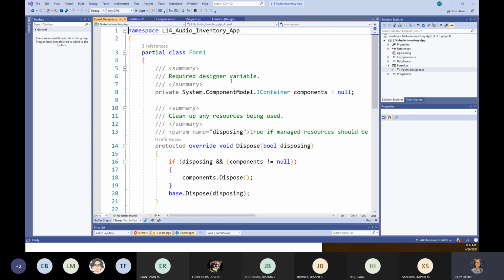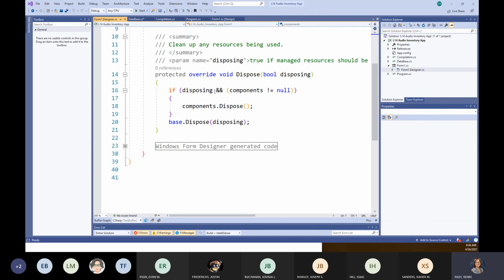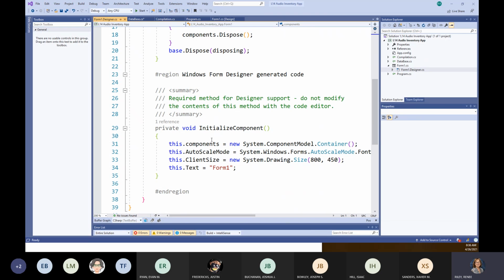When the compiler runs, it's going to put them all together into one Form 1 class. This designer code is the code that's generated by Windows automatically behind the scenes for us. So if you look at this code, this is what runs when we create a new instance of a form. I'm going to expand this Windows Form Designer generated code, and you'll see that in this method, InitializeComponent, we